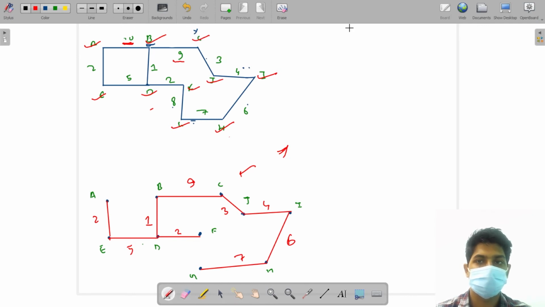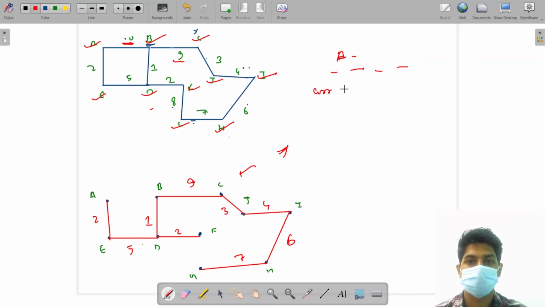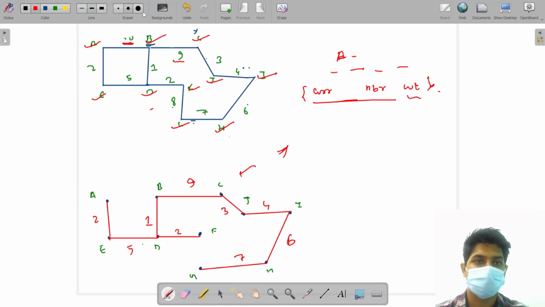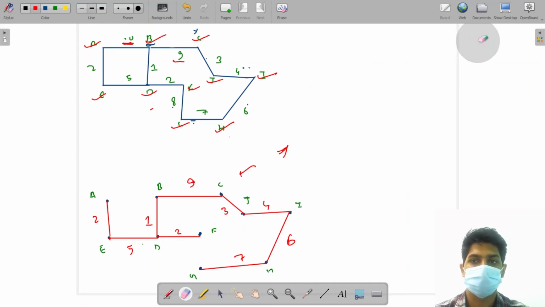Why do we need that? Like I have told you, at each location we were storing the current node, the neighbor node, and the weight. So we will be using a class pair and making a priority queue of class pair, for this particular purpose.